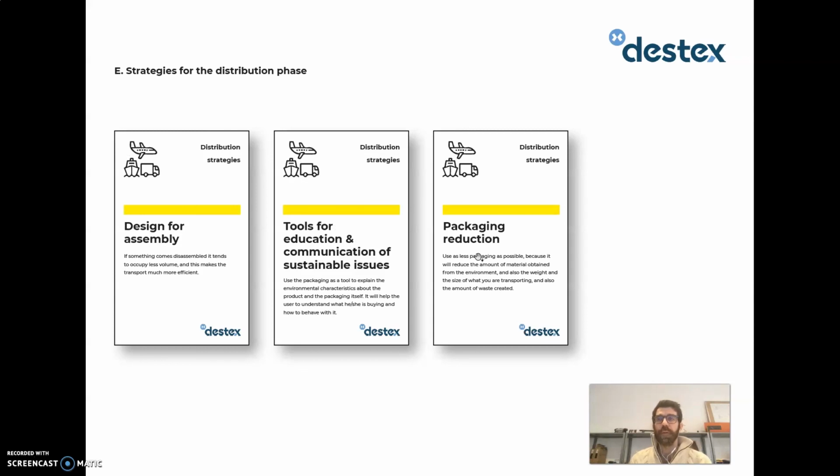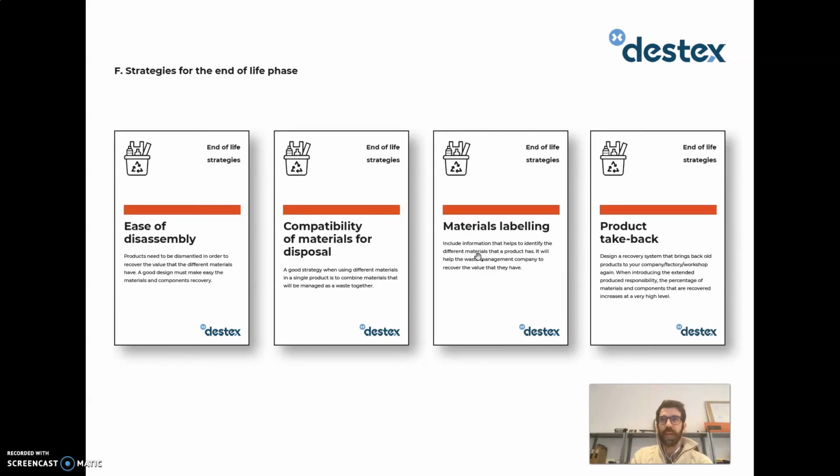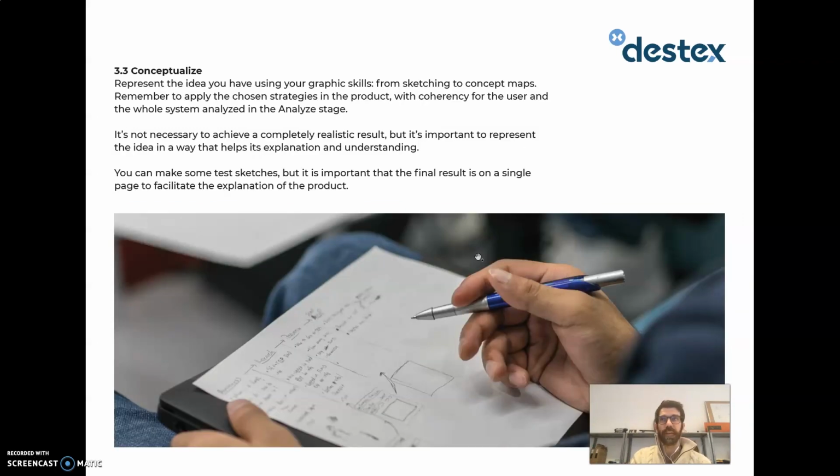From the distribution phase, you can also include products that are designed for assembly, that are tools for education and communication, that reduce packaging. From the end of life, products that are easy to disassemble, that have compatibility of materials for disposal, material labelings, and product take back. Once you have chosen a small set of these sustainable design cards,